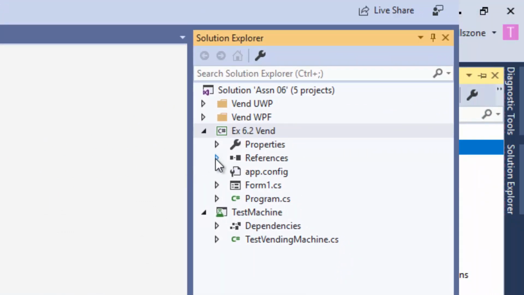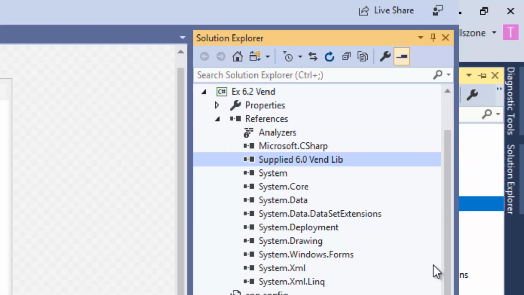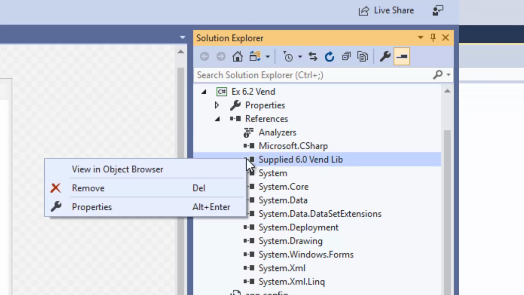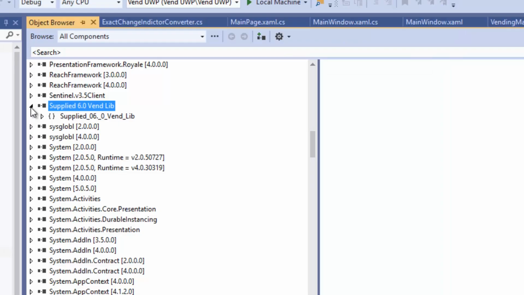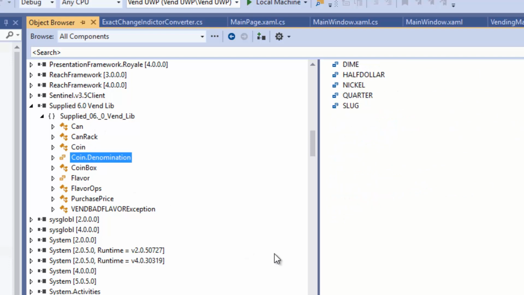has a reference to the supplied 6.0 vendlib.net standard library project. So we can use all the resources in that library. And you can obviously look at the code, but also remember that you can take a look at the object browser. So if you browse your particular solution, because you have a reference, you can open that up. There's the namespace. And these are all the classes and enumeration types associated with that particular assembly, which is what this actually is. And you can, of course, dig down and see the various members and other information about that